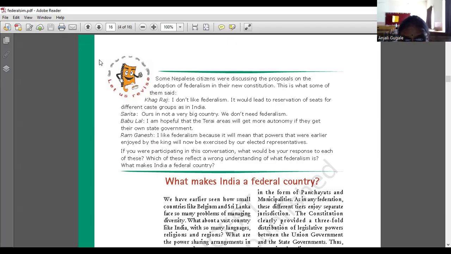India being a diverse country, we had right from the ancient period this idea and concept of gram and gaon and the system of panchayats, right? So deliberation, discussion, voting has been a part of the Indian culture. So India is a federal country right from independence because we had the central, state, and local government.